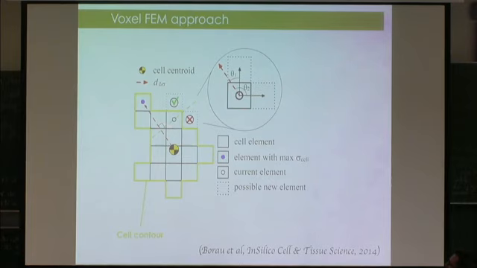So in this way we consider the voxels that are in the boundary, and for example if we study this voxel, we consider if we have a higher probability to add a voxel here than here, because for example in this case the maximum stress is in this element, so there is a higher probability to add a new voxel there. It's a very simple idea, but with this simple idea